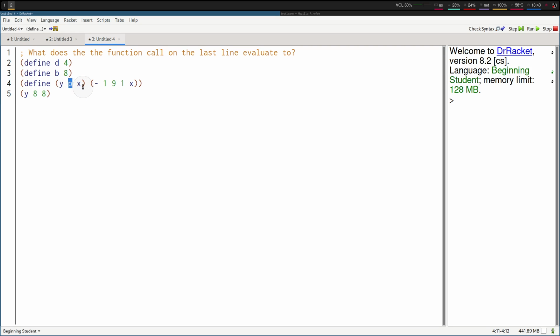So we see a P. Anywhere in the body that we see a P, that's going to be 8. No P's, so let's move on to X. Anywhere we see an X, that's going to be bound to 8. There's one X here, so we're just going to plug in 8. And now we can evaluate this function, which is, let's see, 1 minus 9 is -8, minus 1 is -9,